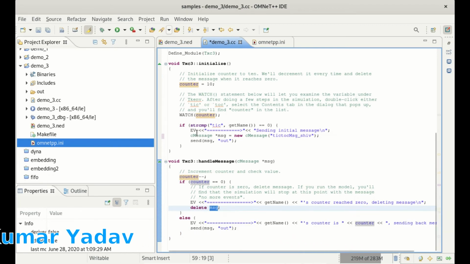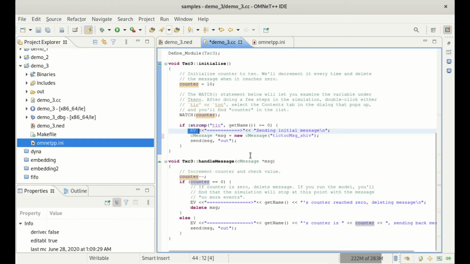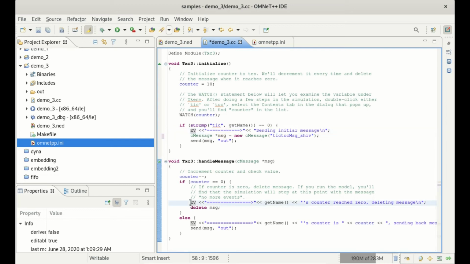Here is one more thing I want to show you. Here EV is used to print the message in the log. Whatever custom message you want to display, you can write like this: EV, the redirection operator, and some message, whatever you want. So here, if the counter is 0, we are writing some message to the log.